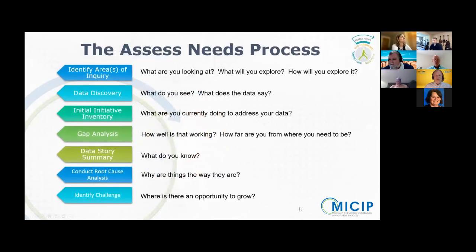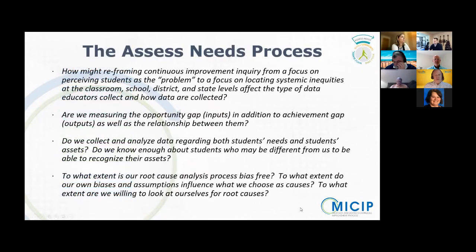First of all, talking about the assess needs process, as those of you who've been participating in the sessions over the last 4 times are well familiar with the assess needs process. Again, just highlighting what those specific steps are. Then I've pulled out what I'll call 4 key questions around assess needs. This first one comes from Dr. Skelton as well. This is the approach, the mindset piece.